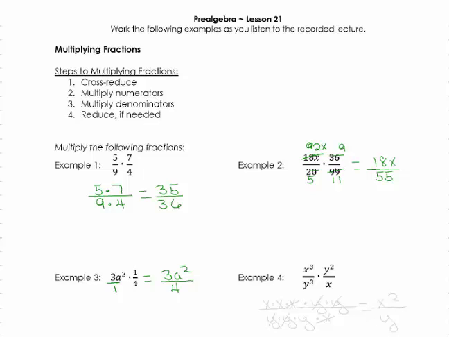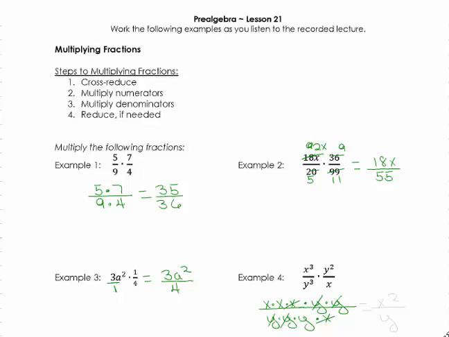Let's take a look at example number 4, and it might get a little confusing with all the x's, so let's just write this out for you. If I said the first fraction is really equal to x times x times x over y times y times y, and I know that I'm multiplying it by the second fraction, and I know I can write everything in numerators and everything in denominators, so it's y times y for y squared times x down here in the denominator. So what I did, I multiplied numerator times numerator, denominator times denominator, and I wrote it out in primes. Because it was a little easier for me to see what's canceling here,